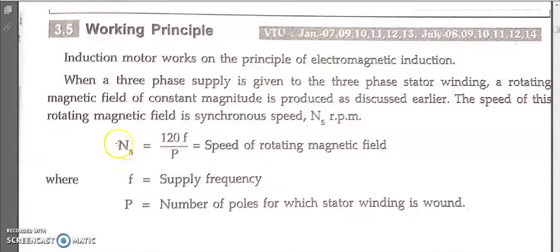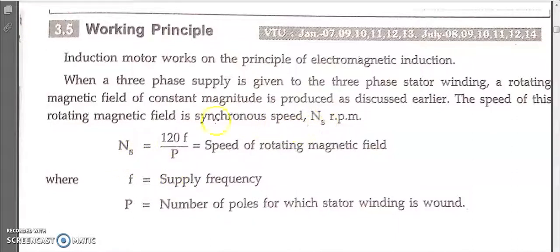Okay, and again remember, your synchronous speed is always constant. It doesn't vary. The synchronous speed always remains constant unless you vary the frequency. Since the poles remain fixed, if you vary the frequency, ns will also change. Anyhow, we are not varying the frequency, we are going to maintain it constant, so the synchronous speed will also remain constant. Once again, the synchronous speed remains in the stator part, and the rotor speed is present in the rotor, where the rotor rotates.